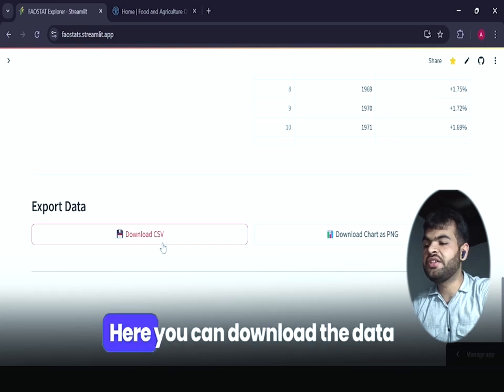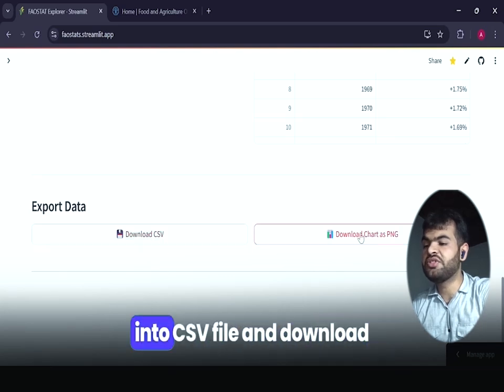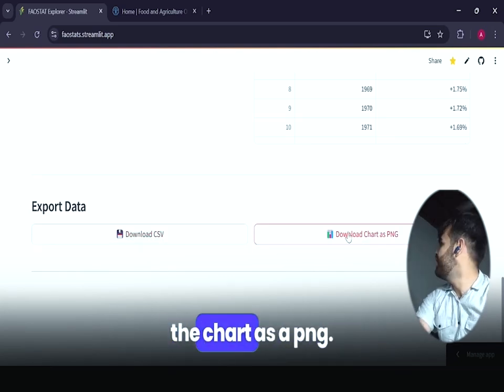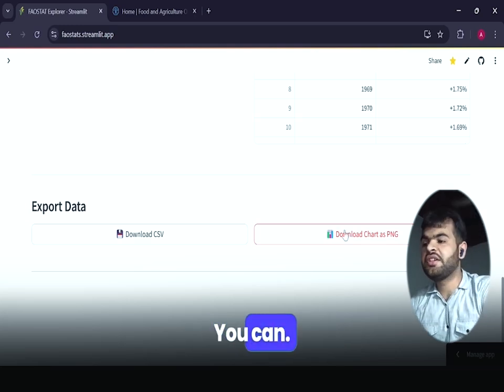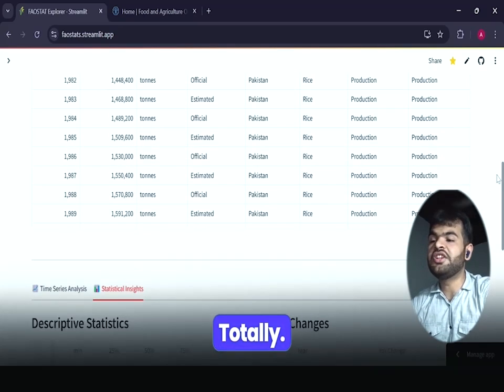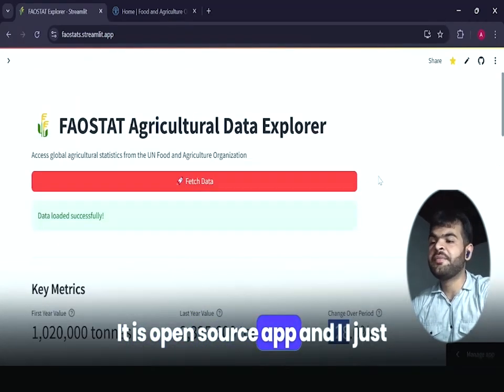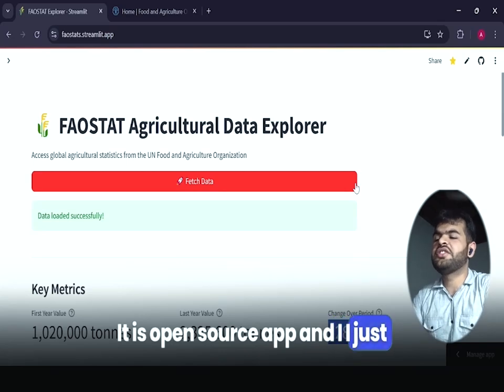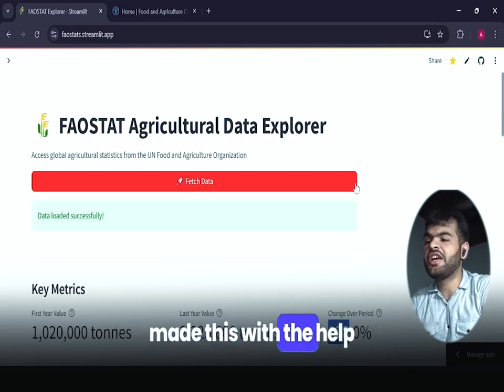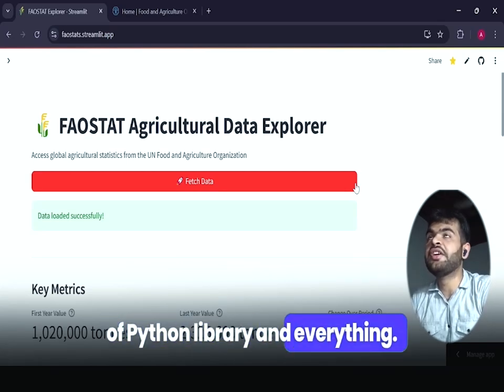Here you can download the data into a CSV file and download the chart as a PNG. It is totally an open source app, and I made this with the help of Python libraries.